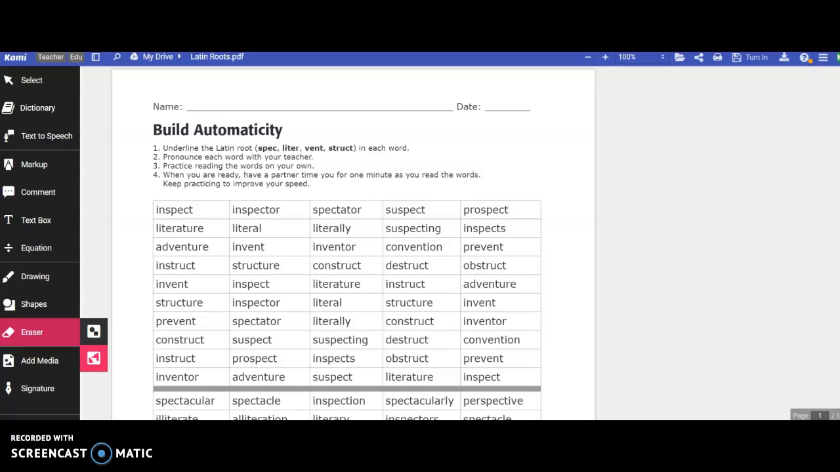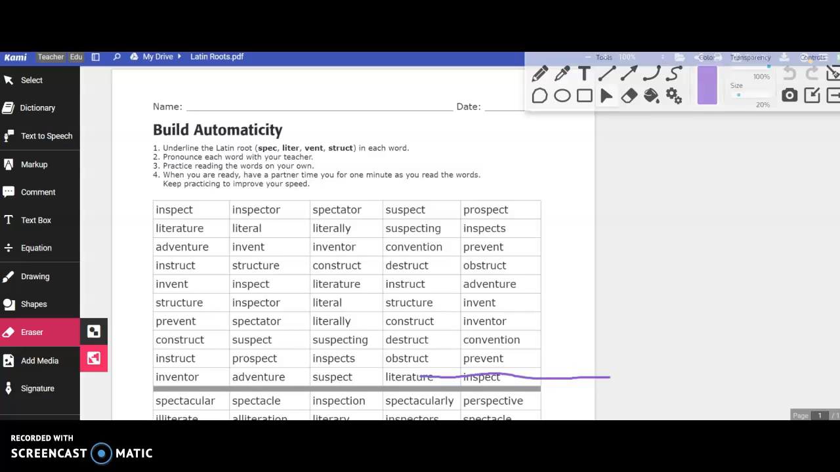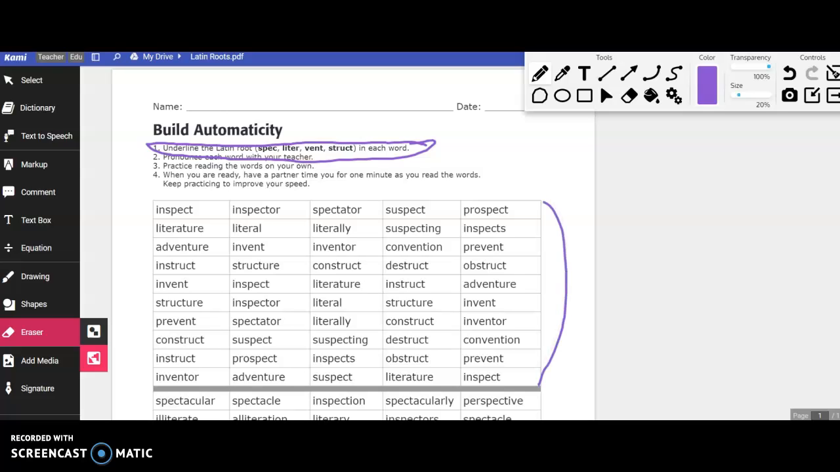We are going to go over some Latin roots for this lesson. Before I do that, I just want to remind you that you are underlining the Latin root in each word. You can pick the top half, you can pick the bottom half, or you can do both. That is up to you. After you underline the Latin root in one half, or both halves,